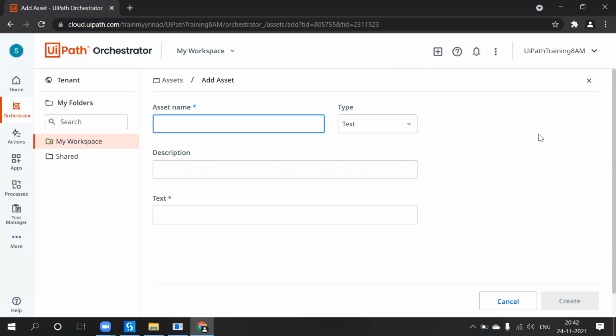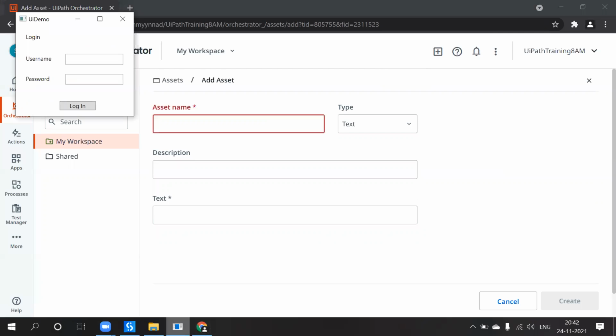Asset is for what cases will we use this, in which scenario, or in order to implement which feature, in what kind of way we will use these assets. So I would like to provide credentials of the application. For example, why do you keep the credentials in assets?